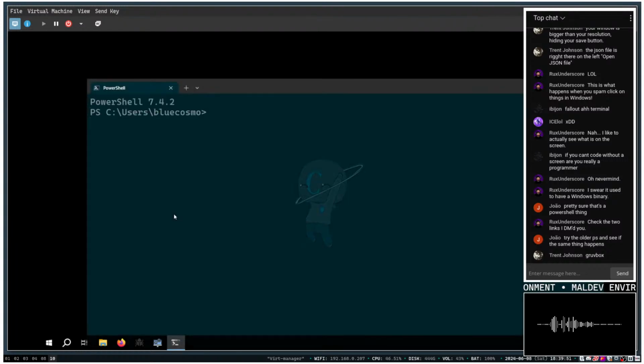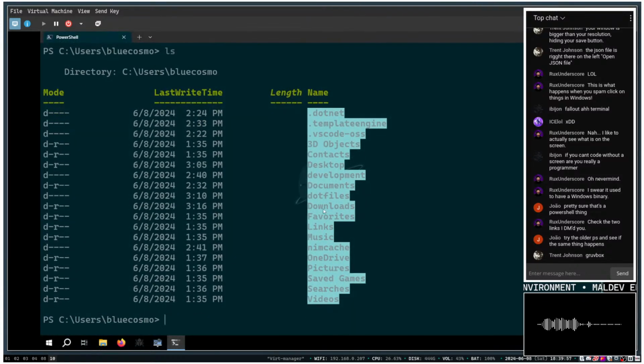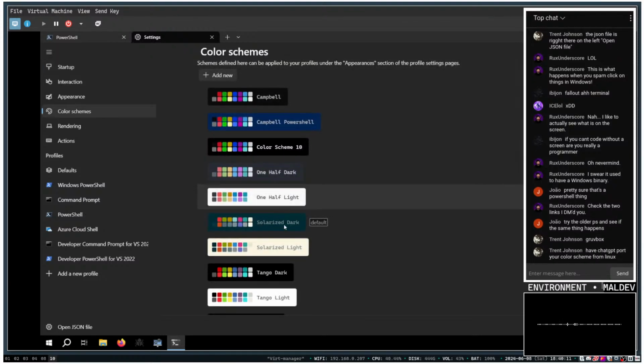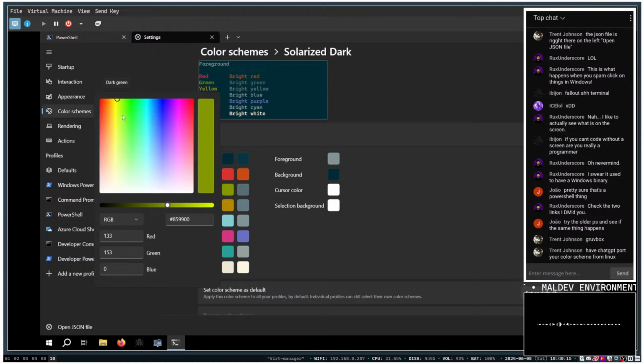Isn't that a thing you can do, right? Yeah, this looks not good. Do you guys like how that looks, or am I tripping? That green is ugly. Can we make